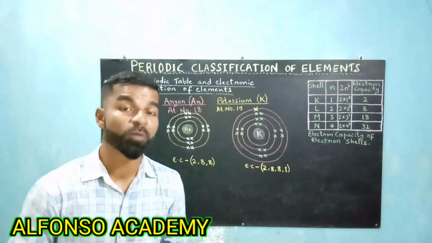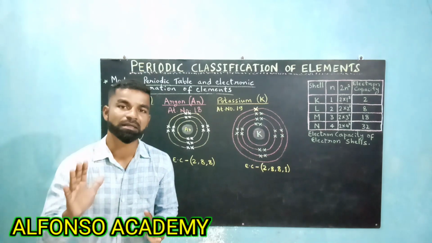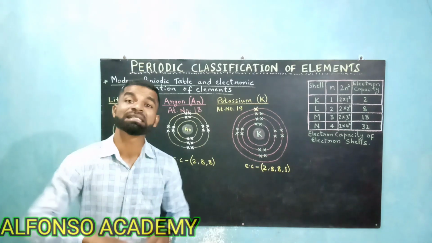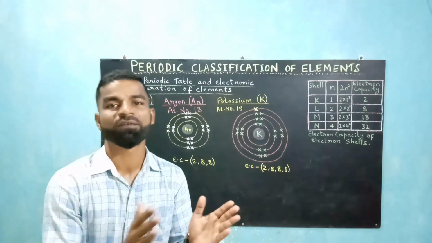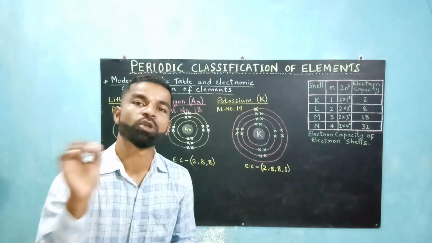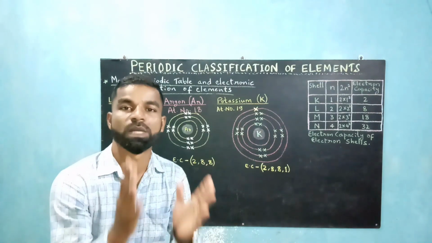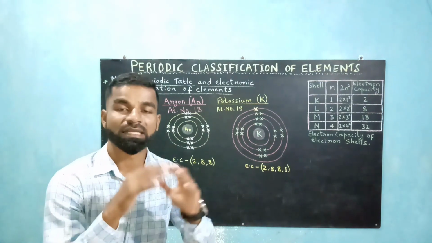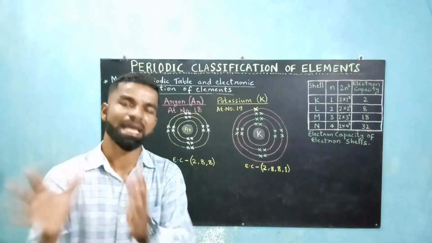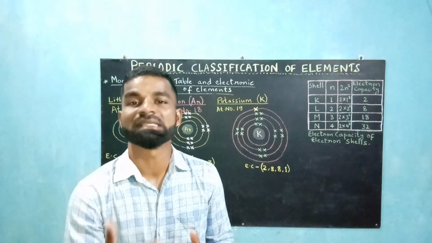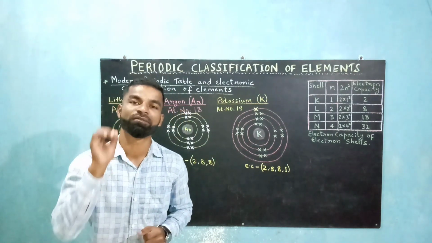It is the distribution of the electrons in the shells which are around the nucleus of an atom of any element, and it is determined by the number of electrons an atom has, and the number of electrons is the same as the atomic number of that element. Because the number of electrons is equal to the number of protons, since the atom is neutral, and the number of protons means the atomic number of that element. So indirectly we can say that electronic configuration is determined by the atomic number of an element.